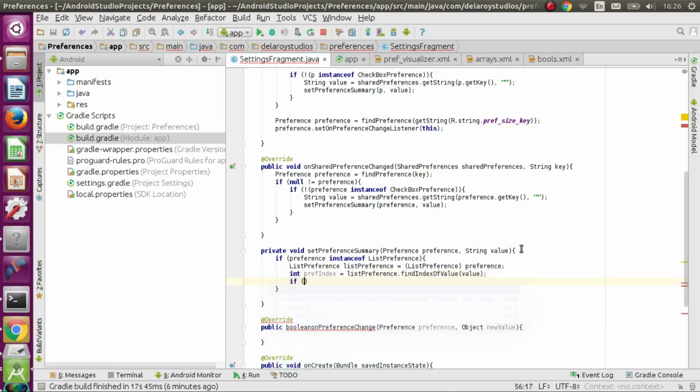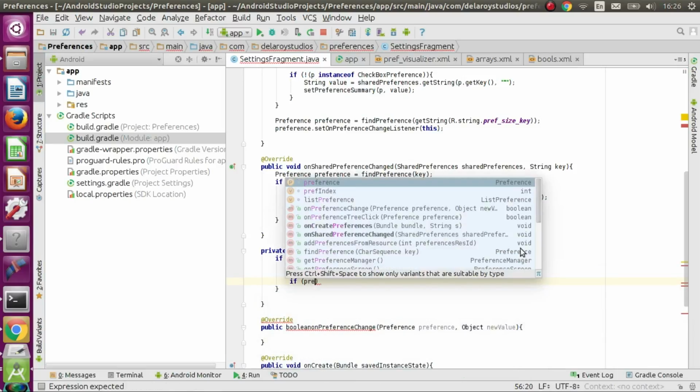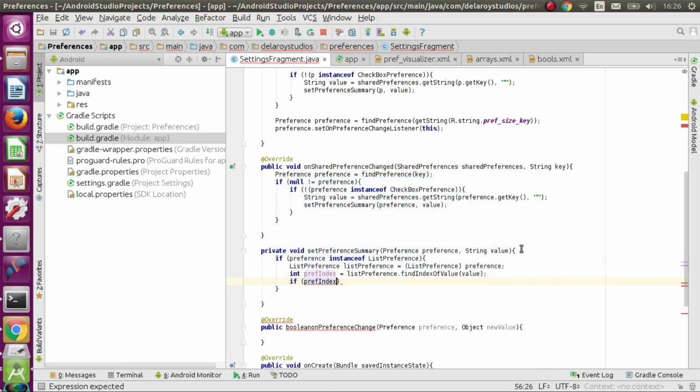And another if the preference index is greater than or equals to 0,